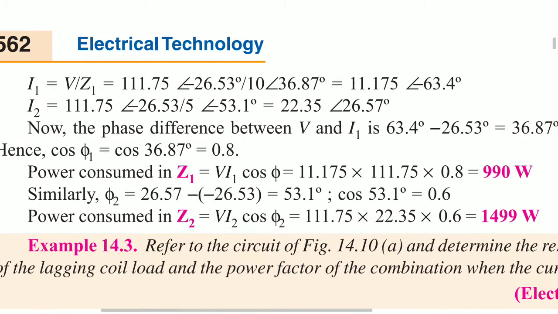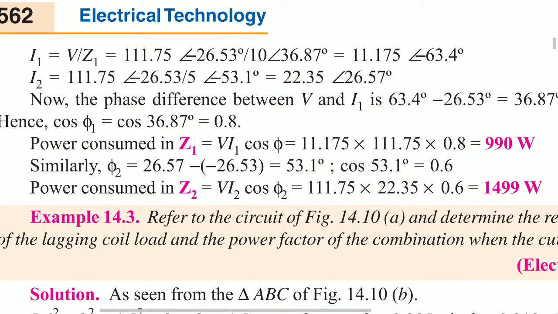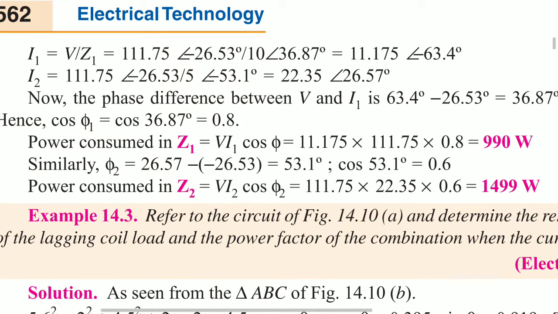So now I2 is equal to 111.75 angle of minus 26.53 divided by 5 angle of minus 53.1, that is equal to